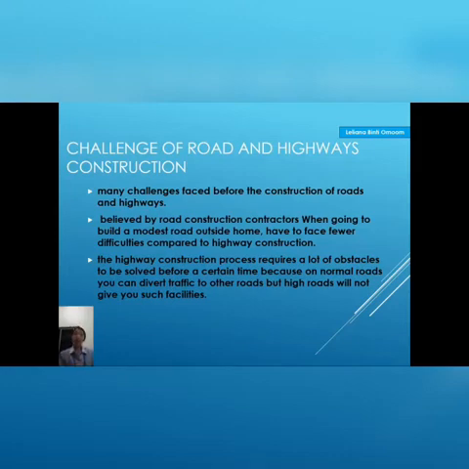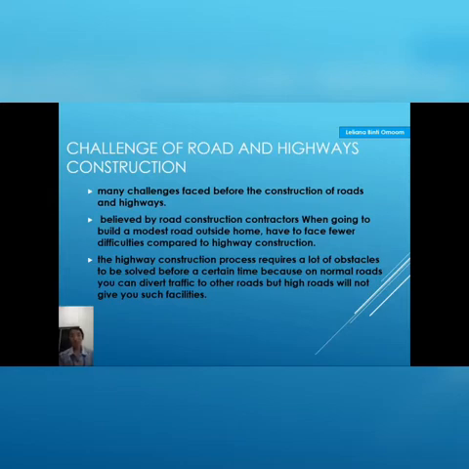And this is because the highway construction process requires a lot of obstacles to be solved before a certain time, because on normal roads you can divert traffic to other roads, but highways will not give you